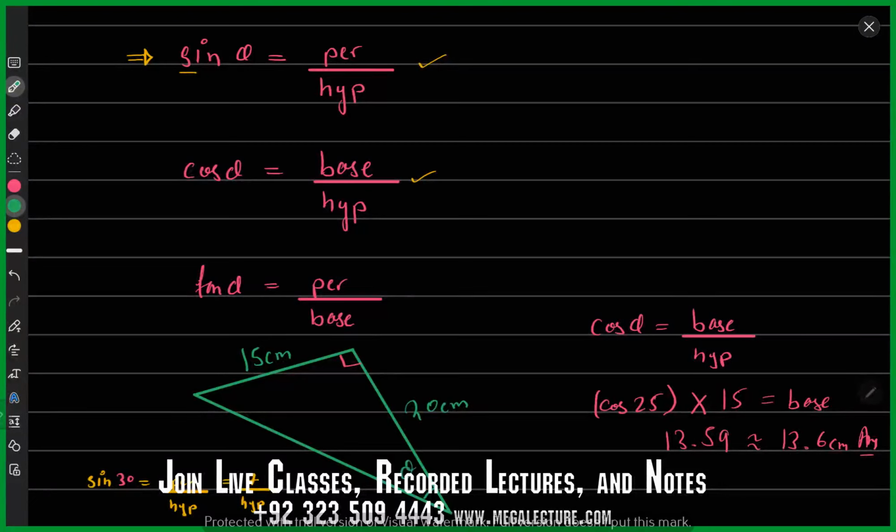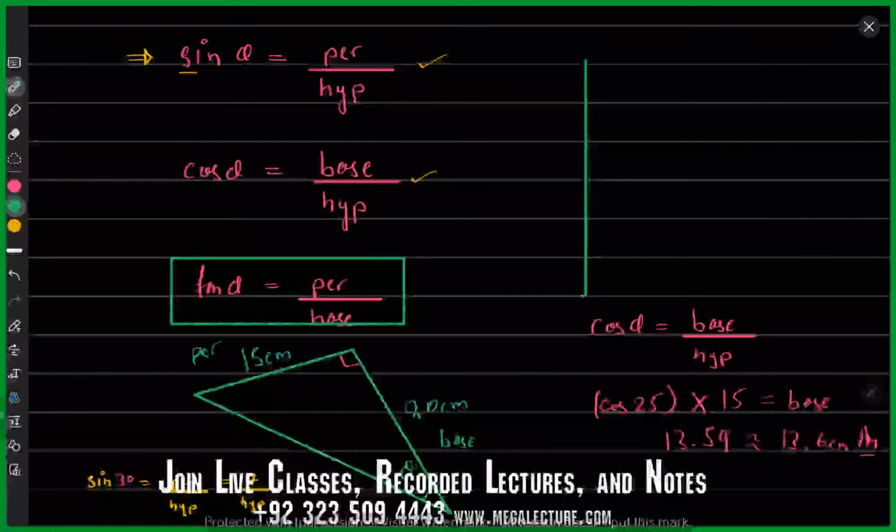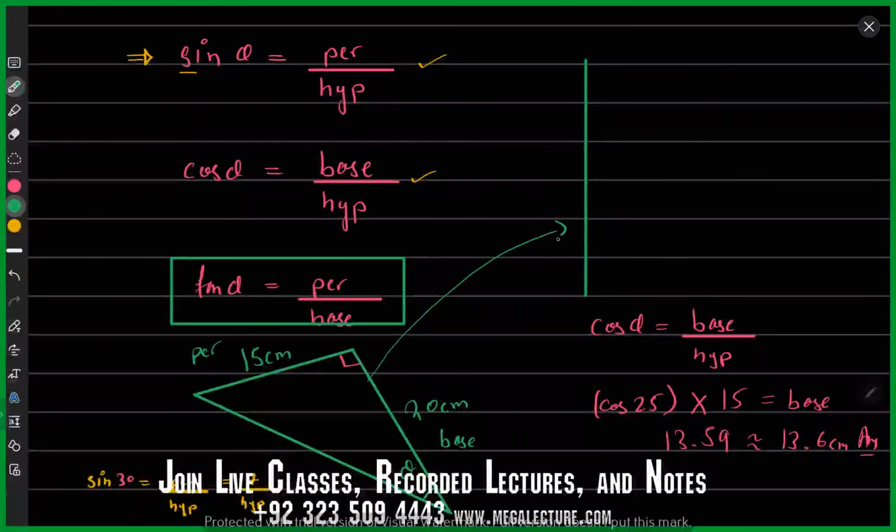सबसे पहले तो I need to see which two sides are given. What is 15 20? The side opposite to theta is basically perpendicular. So perpendicular side is given and the side between theta and 90 is given, that is base. The base and perpendicular are given. This means that I will be using this and this time around I would use this in order to find theta. So tan